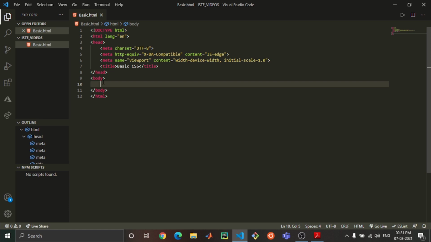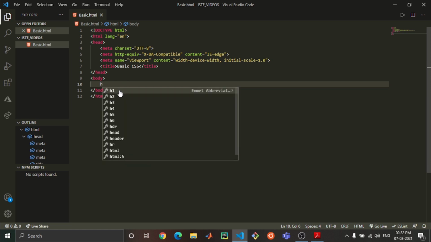Just like, assume you have to give a heading for your website. So for that the h1 tag is there. Here h stands for heading. I have just written h and VS Code is giving me suggestions: h1, h2, h3, 4, 5, 6, hdr, header, like many things are there. So h1 to h6, there are 6 types of heading we can use.